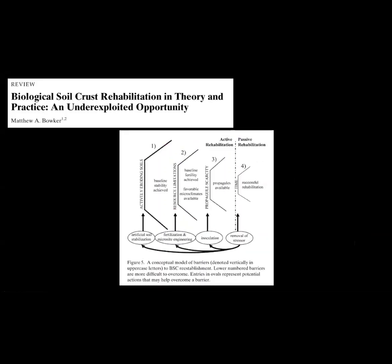So I like to wrap this up by thinking about this seminal paper that Matt put together, looking at BioCrest as a rehabilitation opportunity. He outlines different barriers to potential restoration success. First being actively eroding soils, then resource limitation, propagule scarcity, and then if the propagules are present, right, time could